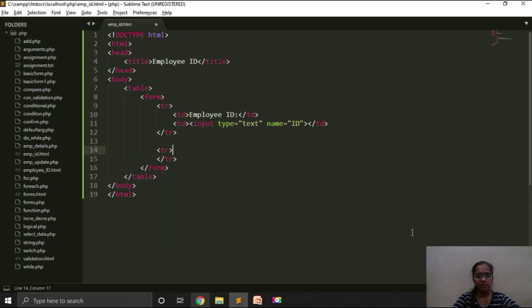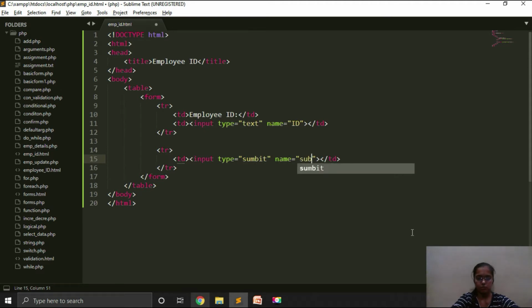Now we want a submit button, so input type equal to submit, the name equal to submit, and the value equal to go.